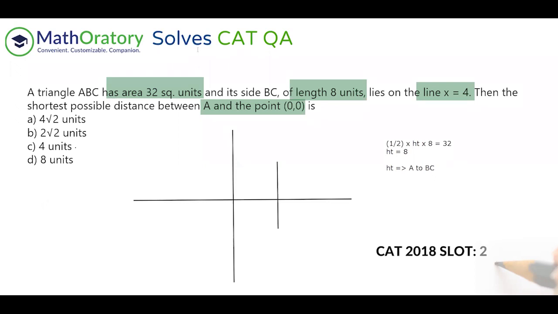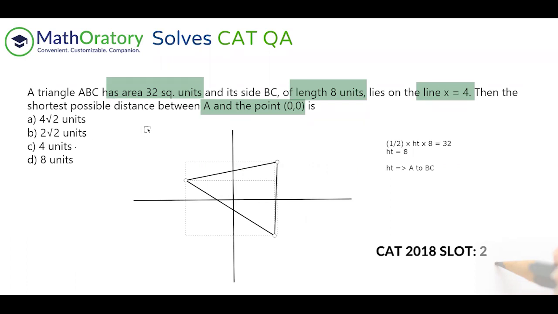So the vertex A has a couple of possibilities. One possibility is that it's on this side, so let's say this is the vertex A. Or it could be that the vertex is on the other side. This might not be exactly 8 units, the length is inappropriate, but you can consider something like this. Or it could be on the other side, so let's say this is the position of the vertex A.